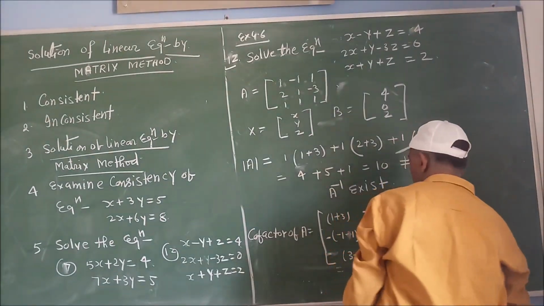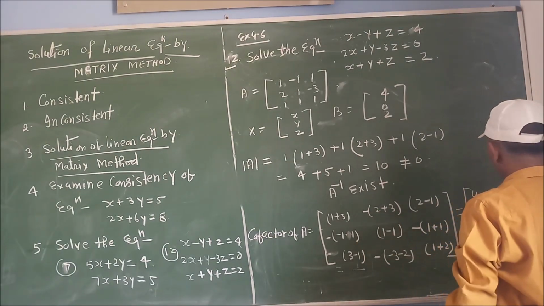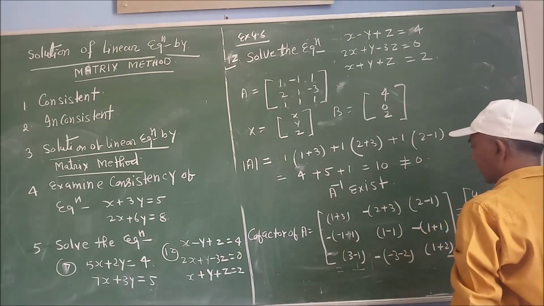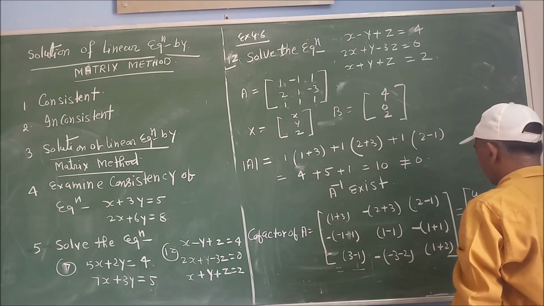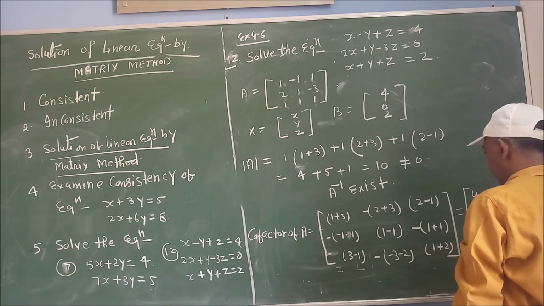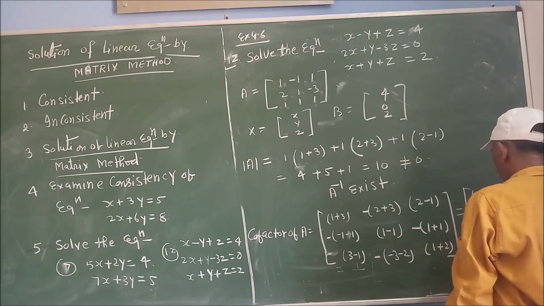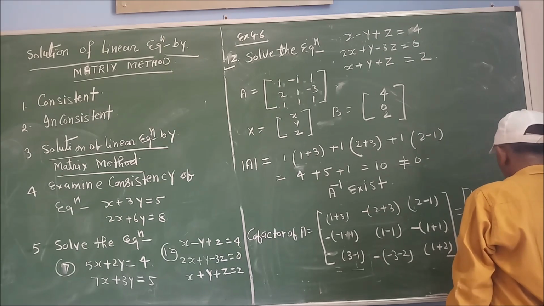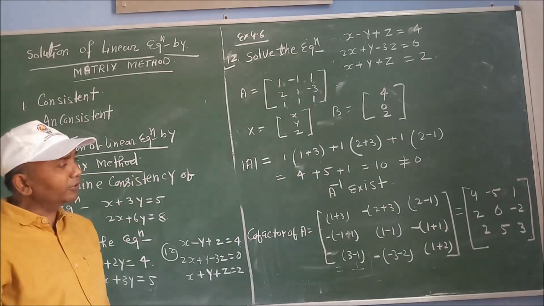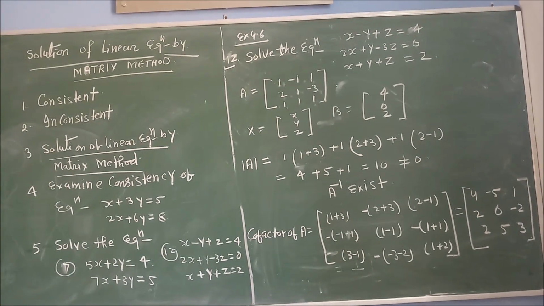So this will be equal to 3 plus 1, 4; 3 plus 2, 5, minus 5. Here will be 1. Here minus 1 minus 2, so you will get 2. Here will be 0. Here minus 2. Here will be 2. 3 plus 2, 5, minus 5. So this is your 5. And 2 plus 1, again 3. So your cofactor will be 4, minus 5, 1; 2, 0, 2; 2, 5, 3.